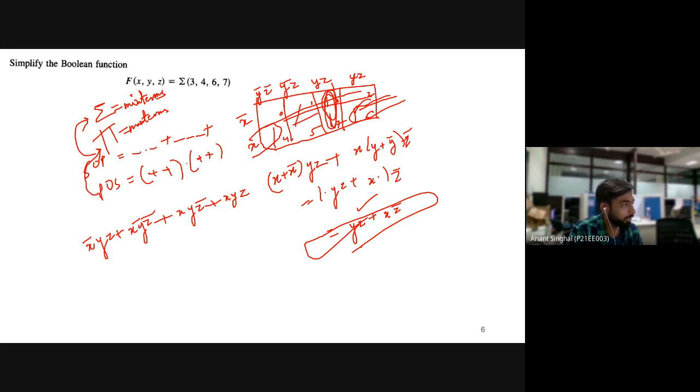So it will be 0, 1, 1, which in decimal is 3. This will be 1, 0, 0, which in decimal will be 4. This will be 1, 1, 0, which will be 6, and this will be nothing but 1, 1, 1, which will be 7. So if I try to take common,